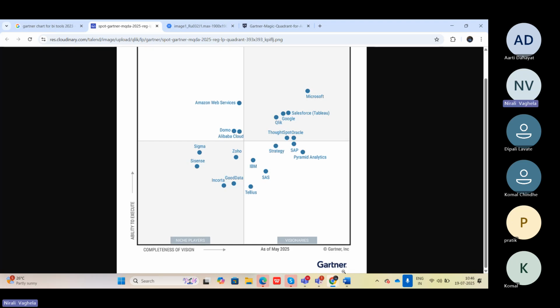That is the reason smaller companies wouldn't be able to afford to go into BI. When these tools came into the picture, small organizations started coming into the business intelligence domain, and that is the reason the domain has vastly expanded and more job opportunities have been created.